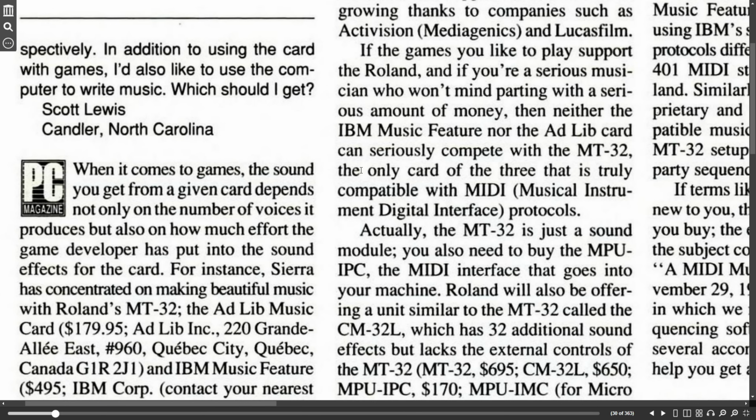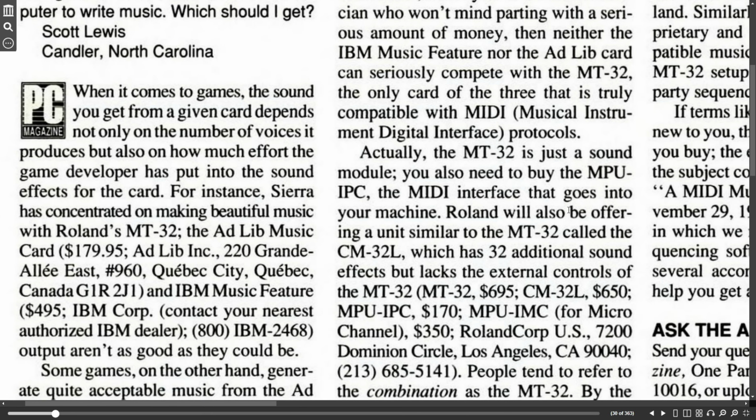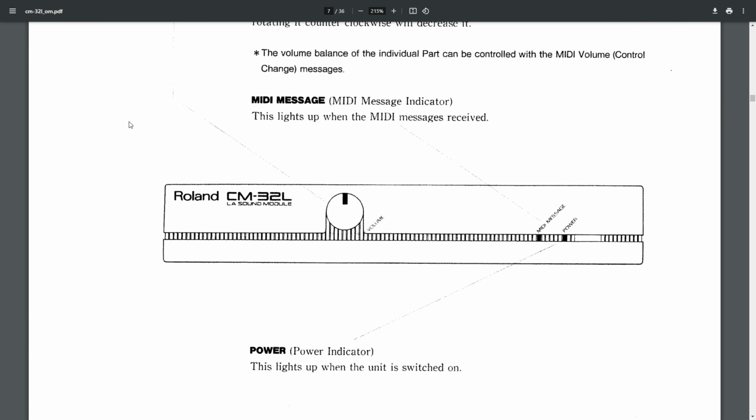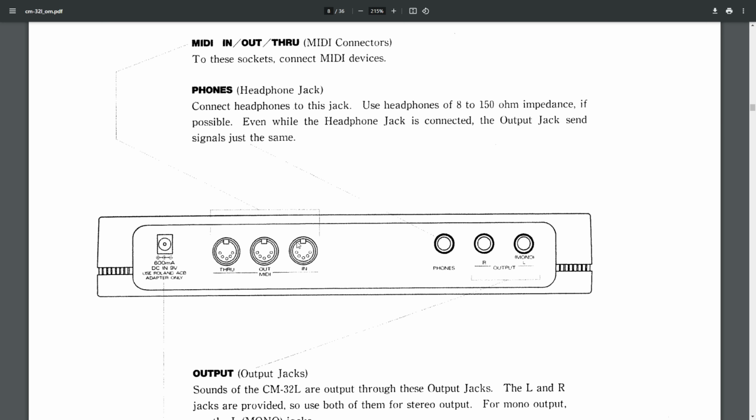And in 1989, the PC magazine reported about a new device called the CM32L, which will have additional sound effects but lacking the external controls of the MT-32. This is what the CM32L looks like from the front, and here we can see a diagram with all the ports at the back. The CM32L was specifically targeted at computer users, and the extra sound effects, well, many games